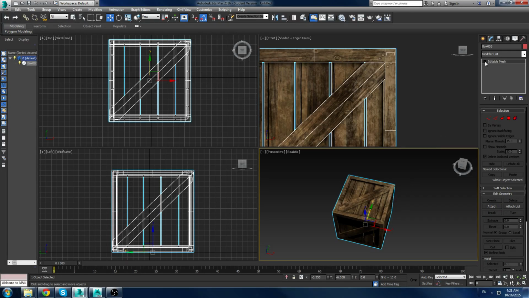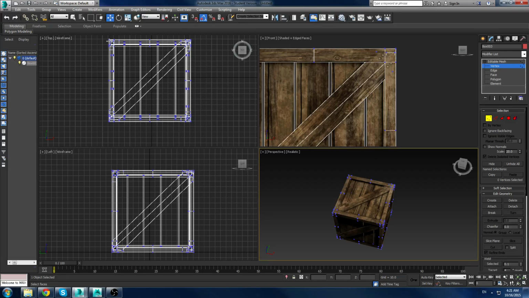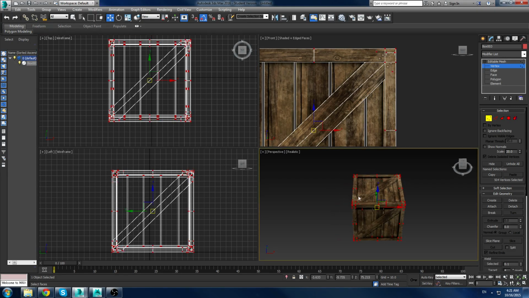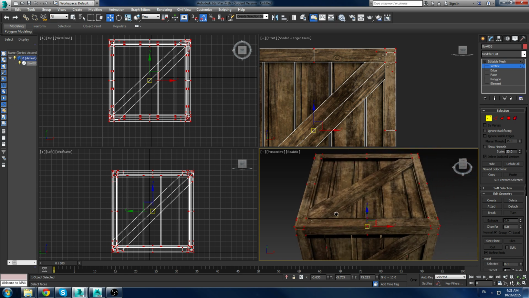Perfect. You can now begin by welding the vertices that are matching up really close. A little trick that I like to do is, I know that the closest vertices are going to be really, really close to each other because I moved the objects to be really close. I see that the weld here is at 0.1 in Edit Mesh. If you're in Edit Poly mode, you'll actually have a pop-up when you click the weld options, and you can adjust it manually yourself. And if I click 0.1, you'll notice that there's a vertex count up here. Right now it says I have 504 vertexes selected. I know that at least,